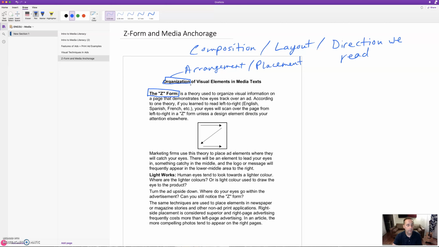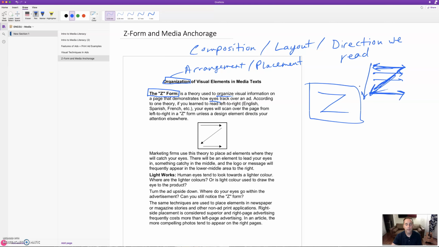of the different elements. So the Z-form theory, as you can see from the graphic, it looks like the letter Z, right? In that box. So it's a theory used to organize the visual information on a page that demonstrates how eyes track over an ad. So we tend to, in the West anyway, and in many other places, we read from left to right when we read a book, right? And we also go down the page. So in a sense, it's kind of like taking a shortcut going down,